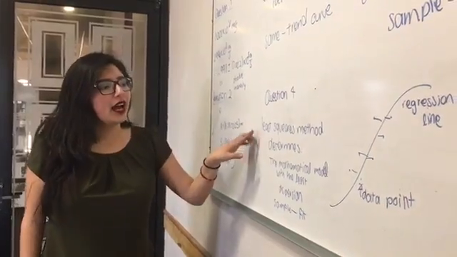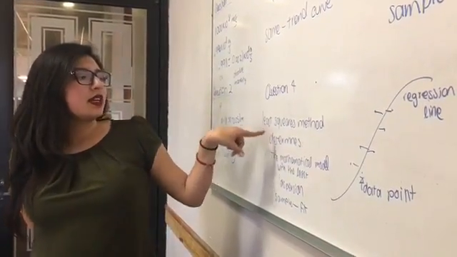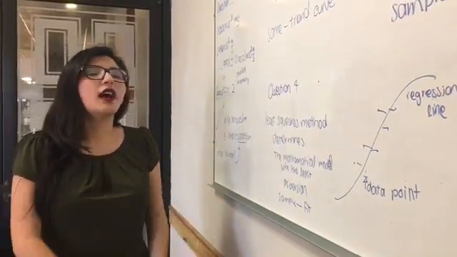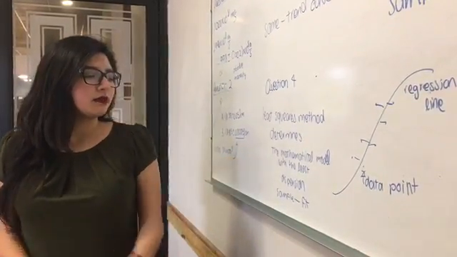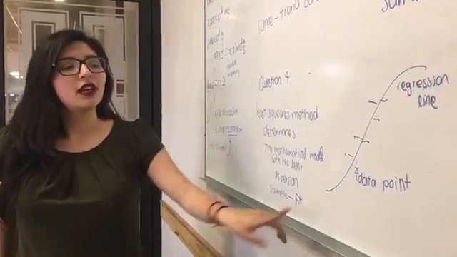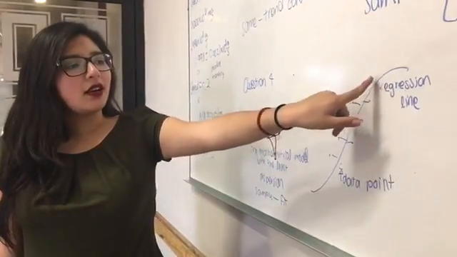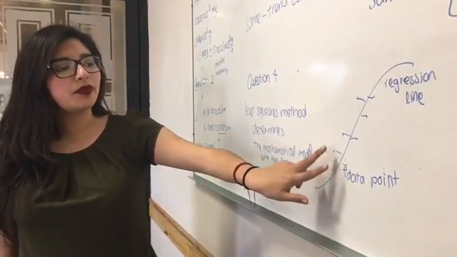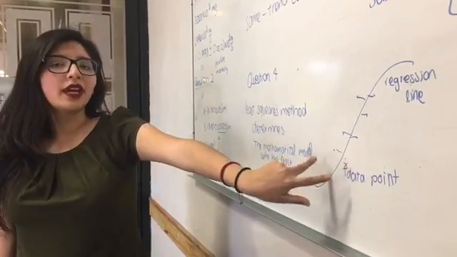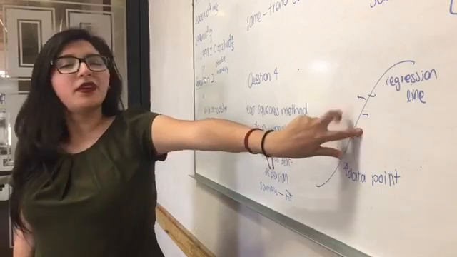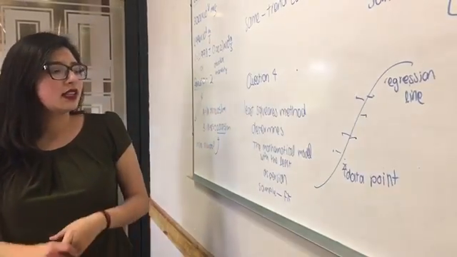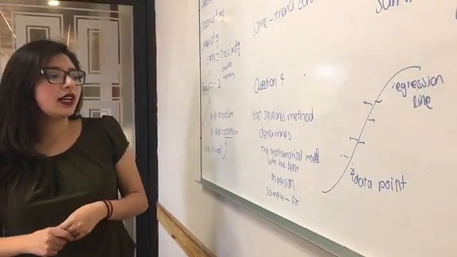In question 4, it asks us about the least squares method, and it determines a mathematical model with the least dispersion between the sample and the fit. So it means that our regression line tells us how far away our data points are, and if they are closer, we have more